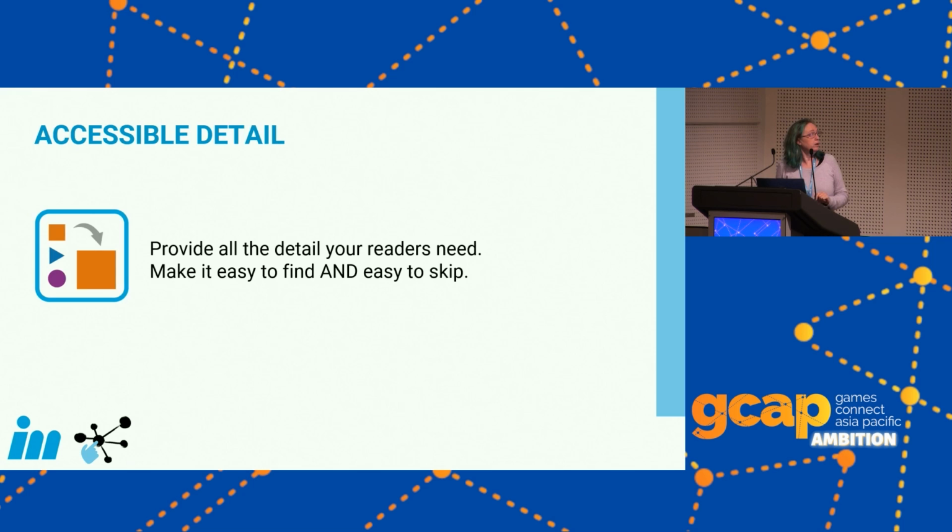And then the final one is accessible detail, which basically brings all these things together. So you've chunked everything, you've got your relevance, you've labeled it, you made sure that your graphics are where they're supposed to be. And so you provide all the detail your readers need, but also make it easy to find and easy to skip. That's a really important one in this kind of documentation: make sure that people can choose not to read things and not miss anything, because you've labeled it clearly. So I don't have to read this because it's not relevant to me. So don't put information there that might be useful for something else. Easy to skip, really important.